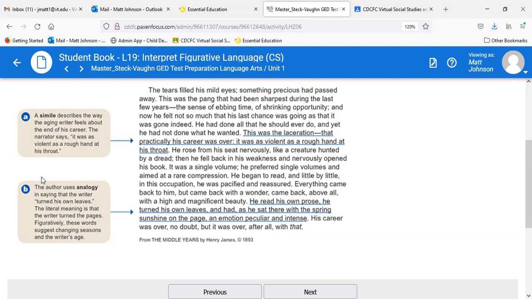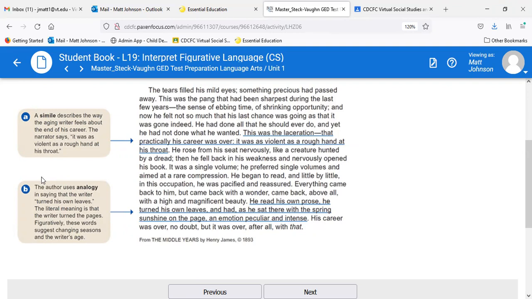The narrator says it was as violent as a rough hand at his throat. So that word as signals that simile. And laceration, that's another kind of figurative. This was the laceration, like a wound, is what it's saying there,